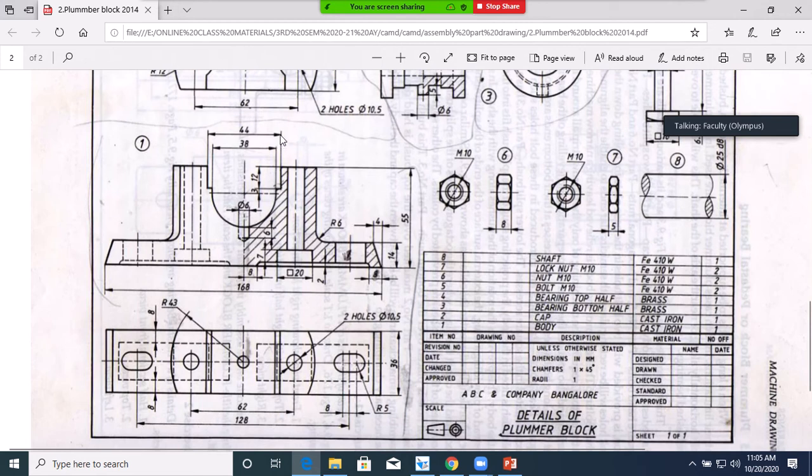This is what? 44 minus 38. So the full length is 44. This distance is 38. 44 minus 38 is 6. On either side, if you share 3 mm here, 3 mm here, you will get it. So from this point you draw downwards. So 12 mm at minus 90, then 3 mm at 180. Okay, you just draw the line.